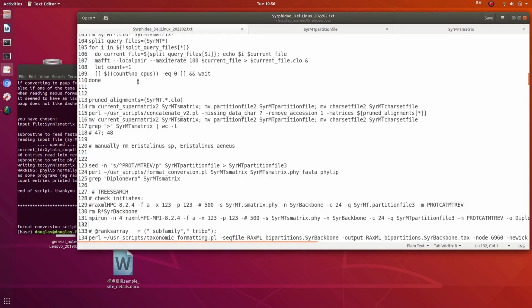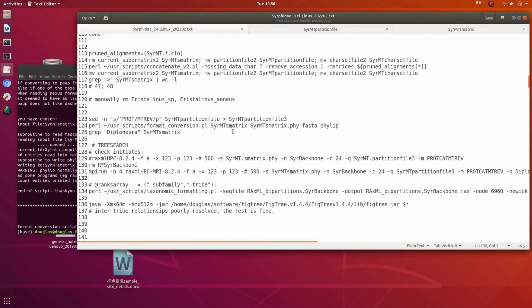Okay, but this gives us a reasonable backbone tree, and other steps in this project I will discuss in a later episode, particularly integrating the DNA barcodes. Okay, so